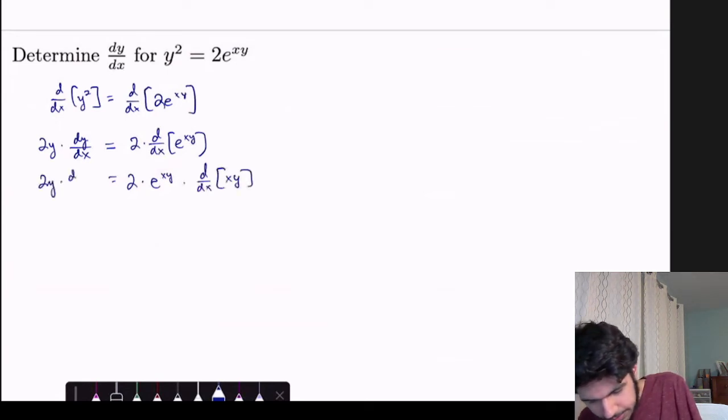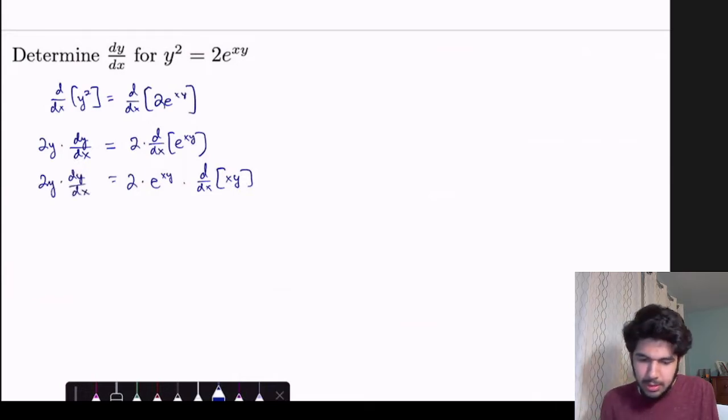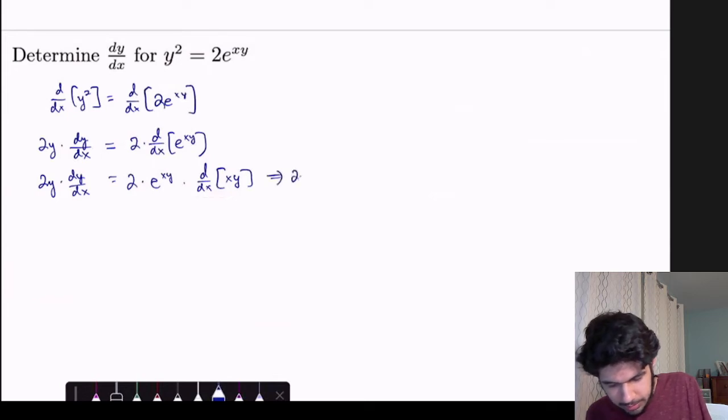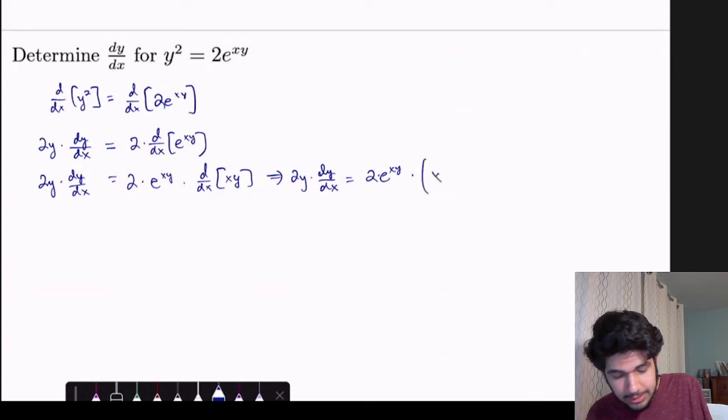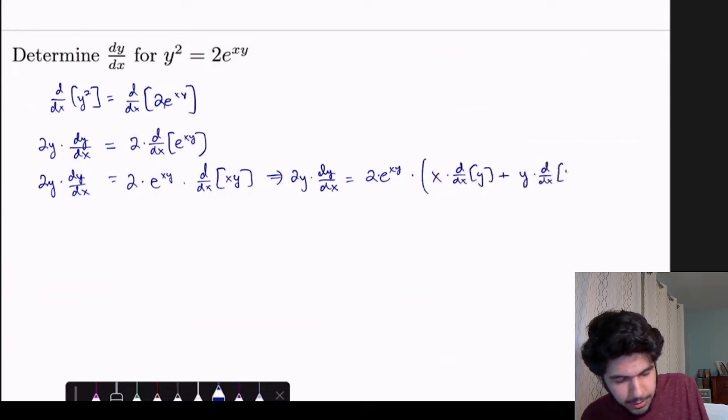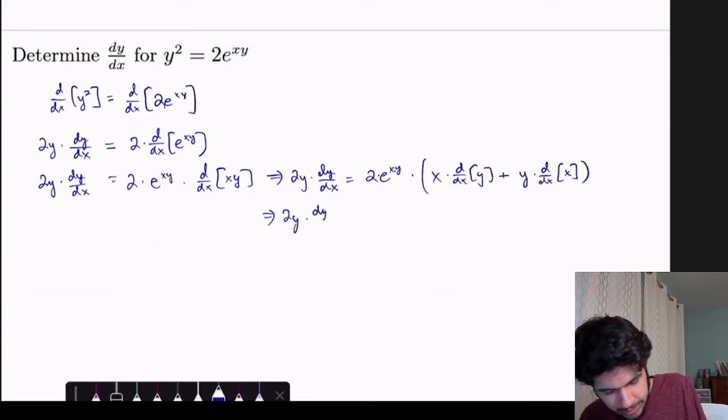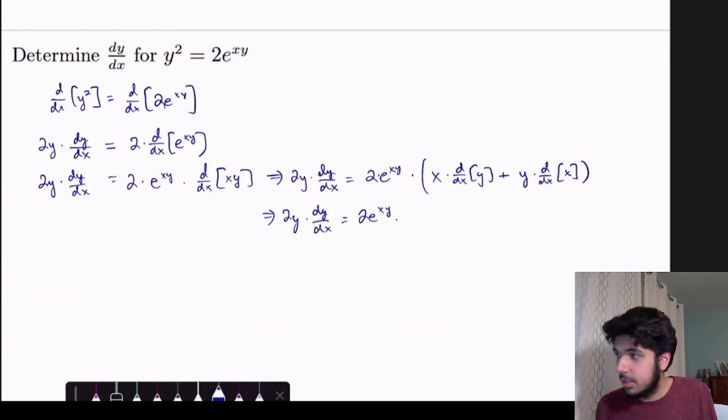And on the left we have the same thing. So now to find this, we might have to use the product rule. So let's try doing that. Let me just rewrite what we have. Equals 2 times e to the xy times, okay, so product rule would say x times d dx of y, first times derivative of the second, plus second times derivative of the first. So that gives us 2y times dy dx equals 2e to the xy times,